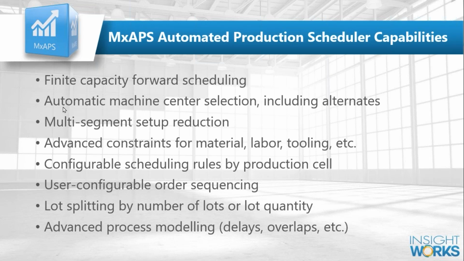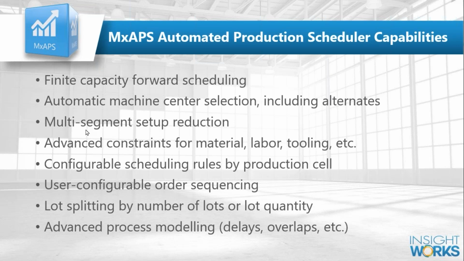And as we go through that schedule, we're going to do that automatic machine center selection. So if I've got several machines that can run a product, it's going to level load that equipment to generate the best schedule possible, right? And as part of that, if you've got setup times and you can eliminate some of that changeover time, like if I'm changing a mold or changing color or going from allergens to non-allergens or vice versa, whatever, we can do things to eliminate that changeover time. So we'll schedule those production orders to make your plant operate more efficiently because you're going to have less downtime due to changeovers, right?